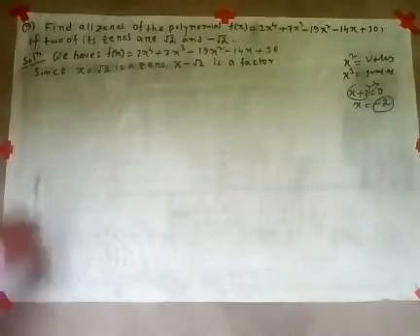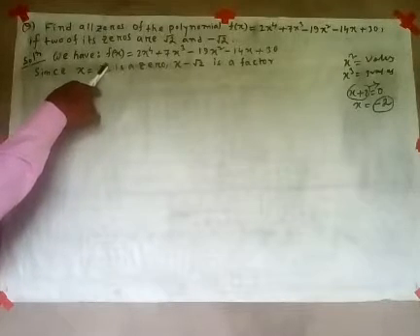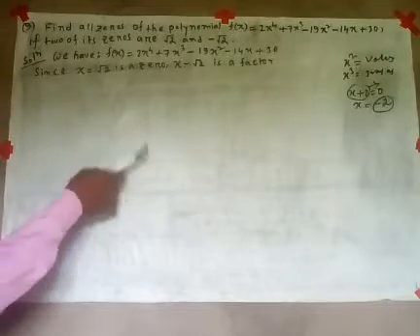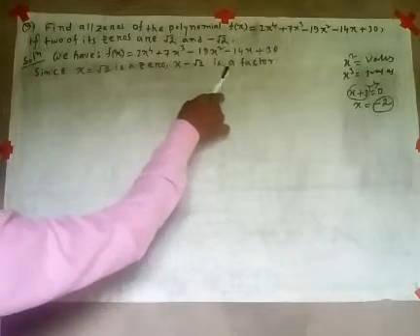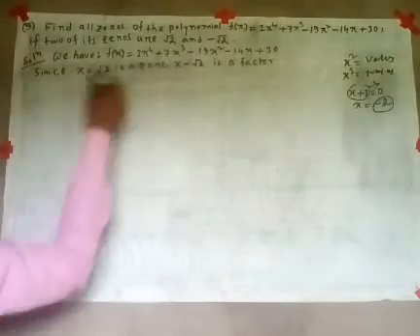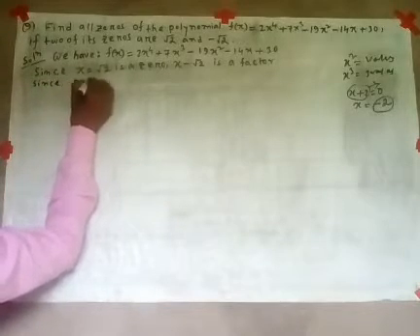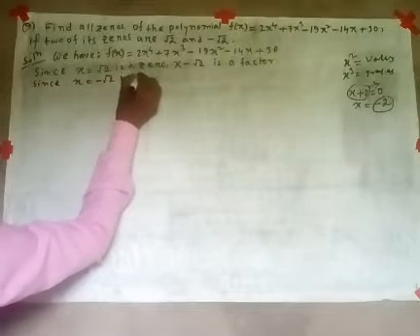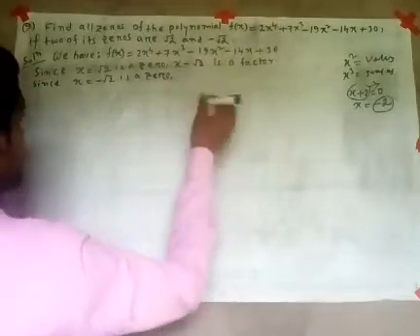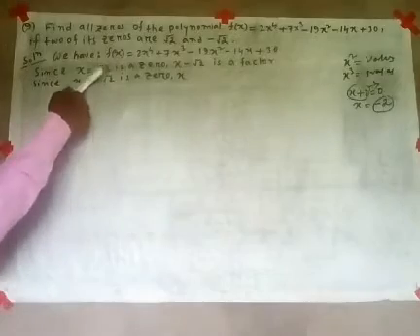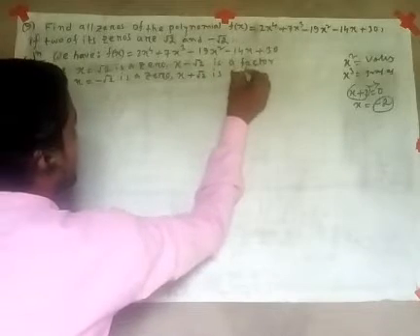From where does it come? It is x equal to root 2. If it is changing the side, root 2 will be minus root 2. Similarly, here x minus root 2 is a factor. Also given, since x equal to minus root 2 is a zero, when minus root 2 changes the side, it will be plus root 2. So x plus root 2 is a factor.